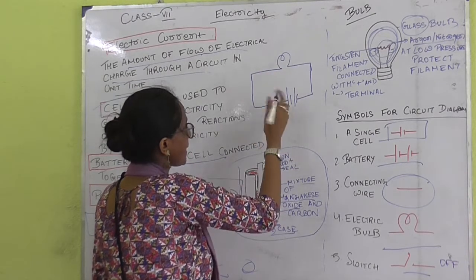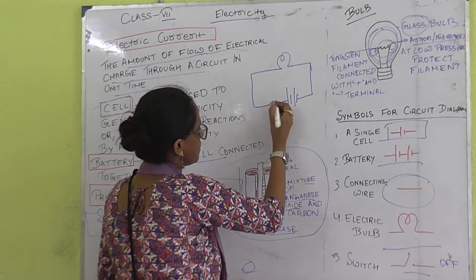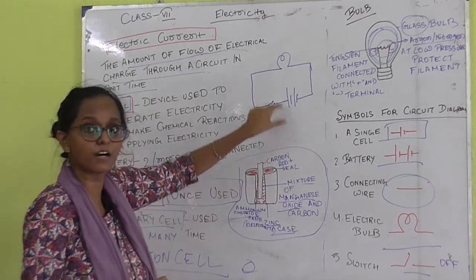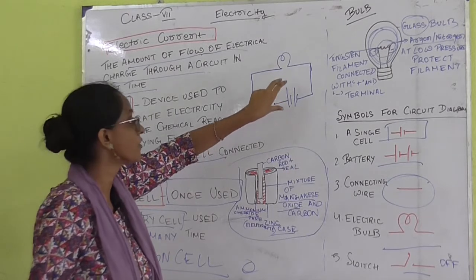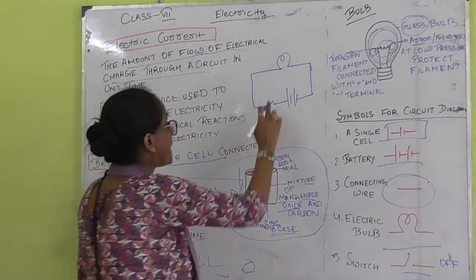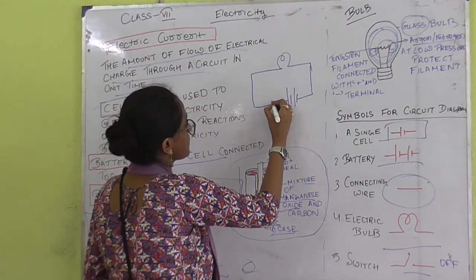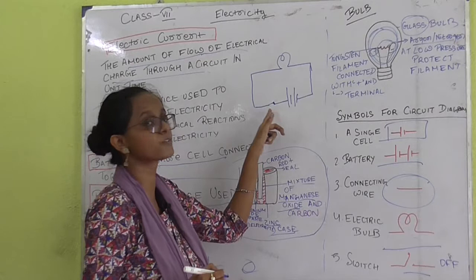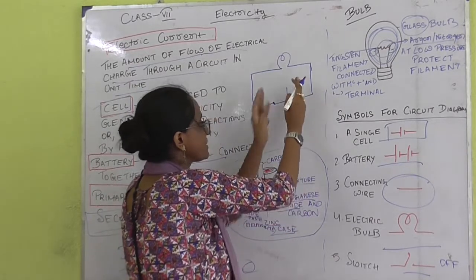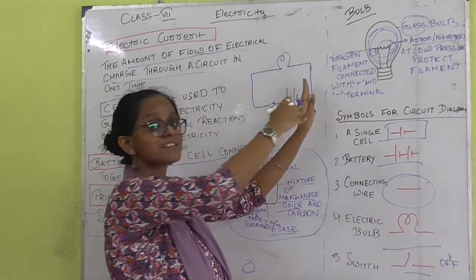This is the connecting wire and this is the switch. Now, if the switch is in this symbol, then we have to understand that the switch is off. But if the symbol is like this, then we have to understand the switch is on. Now, in the case of the battery, we have to mention which one is the positive and which one is the negative